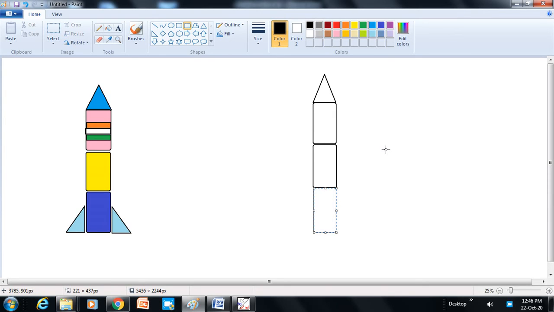Fine. Now what we need to do, we need to choose this right angle triangle to create its fins. So just choose this right angle triangle and draw a right angle triangle like this.